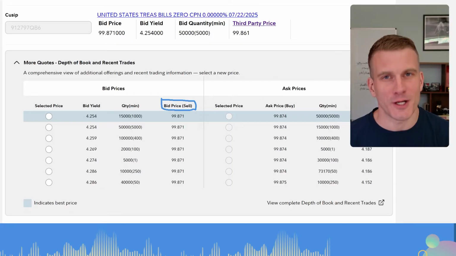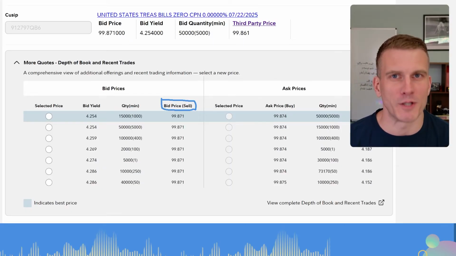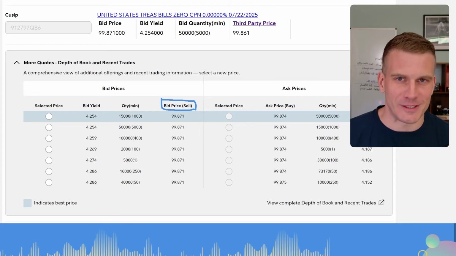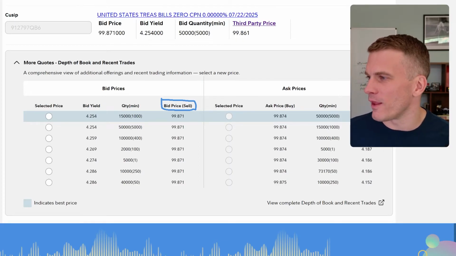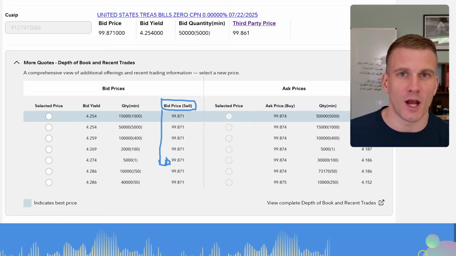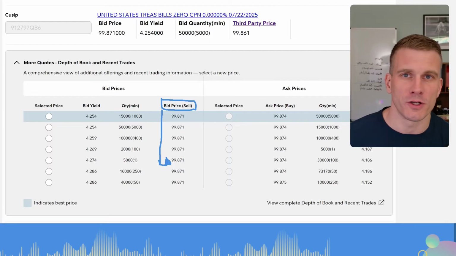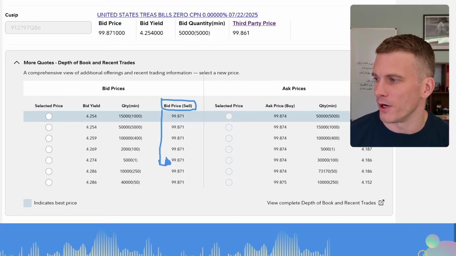So if you go to Treasury Direct and you want to buy one treasury bill, it's $100. But if you go to a brokerage and you buy one treasury bill, it's $1,000. So what this bid price is saying, at the government quantity, which is one treasury bill at $100, is that for every $100 of a treasury bill, they're going to pay you